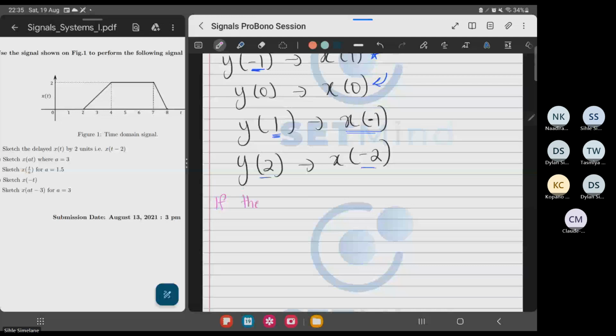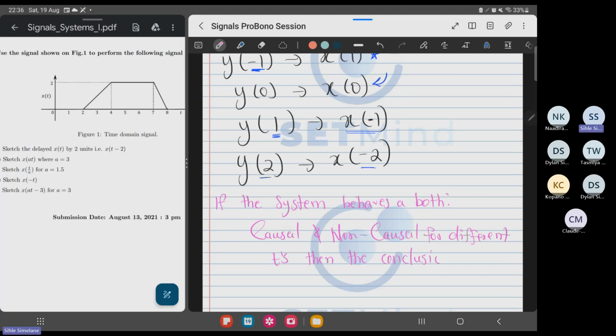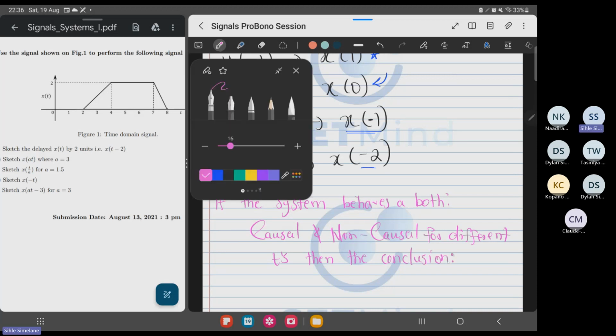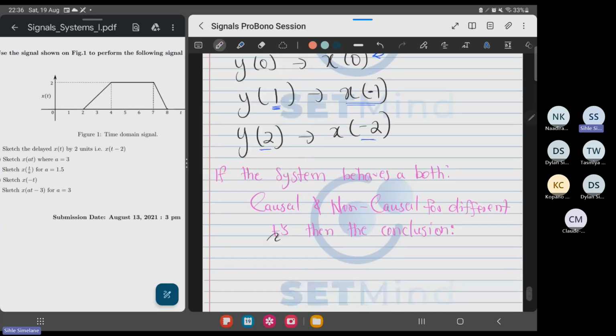If the system behaves as both causal and non-causal for different t's, then the conclusion, I will think of this also. And if I end up thinking otherwise, I'll drop a text. So then the conclusion is the system